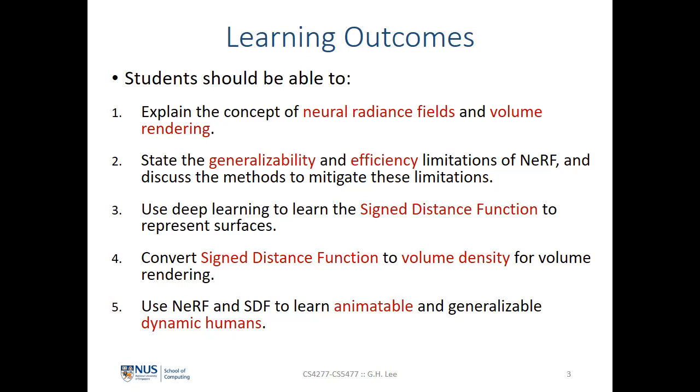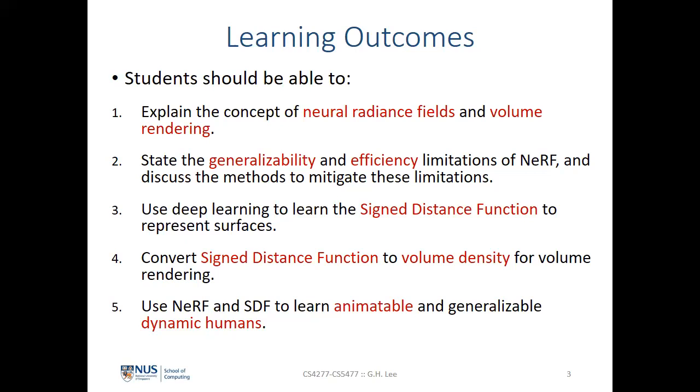And at that time, it was already attracting quite a lot of attention, because this was the first work to show that neural networks can be used to encode the whole 3D scene. And this was quite a big thing at that time. It's still a big thing now, because a lot of people, including myself, are actively looking into